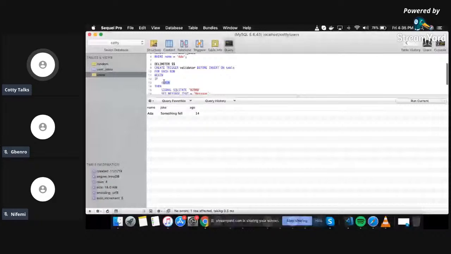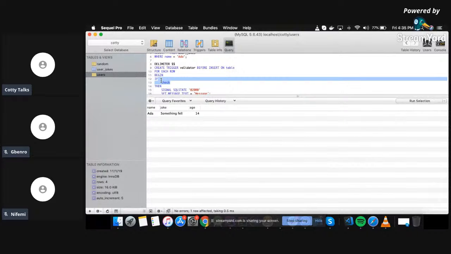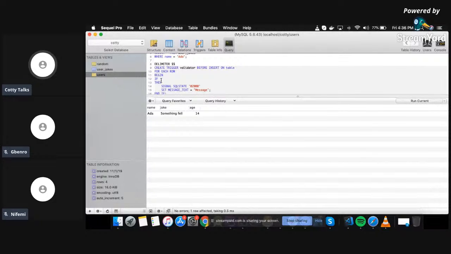So what we want to do is, when you're dealing with triggers, anytime you're doing an insert or an update, MySQL technically creates two tables, but they don't exist. New and old. For an insert, all you have is just new. For an update, you have new and old. New is the value you're trying to put in. Old is the value that was there before. So in this case, we are doing it for update. So before update on users table for each row, if